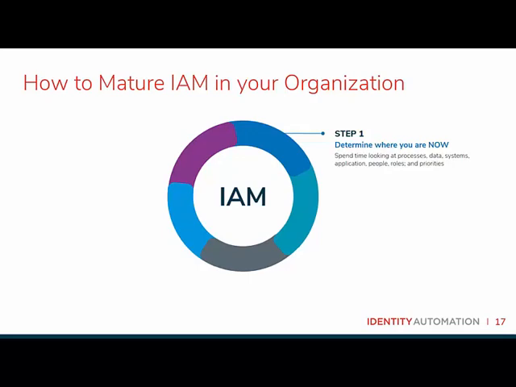So step 2 then is we need to create a vision and a roadmap. The vision is what you want to accomplish. The roadmap is how you accomplish that vision. So as we think through our example here, our vision might be we want to move to level 3. That is our goal. Level 3 again gets us into a much higher posture where we're using multi-factor authentication, and it also gives us the capability of doing step-up authentication.